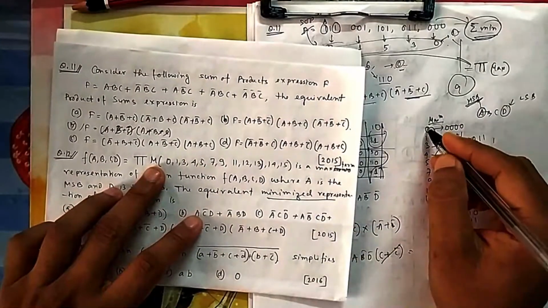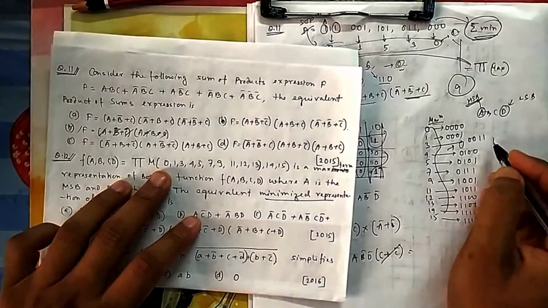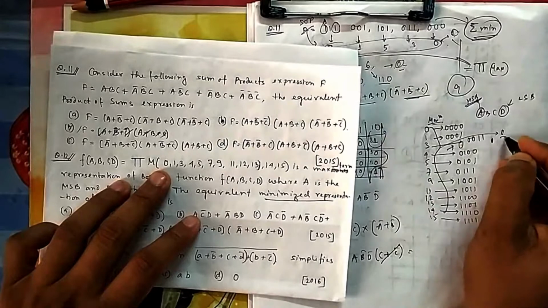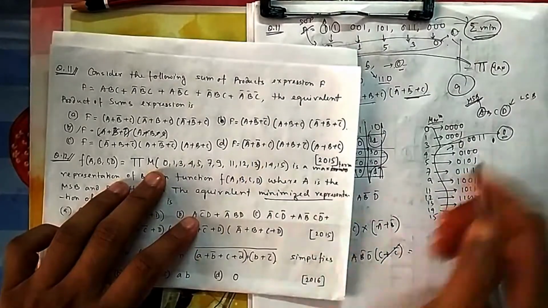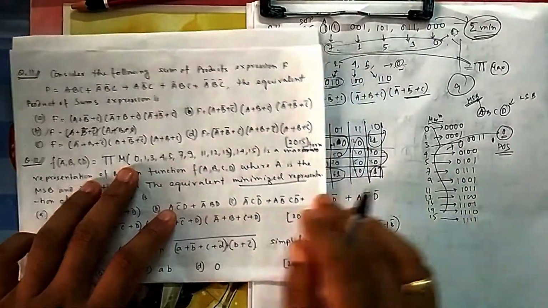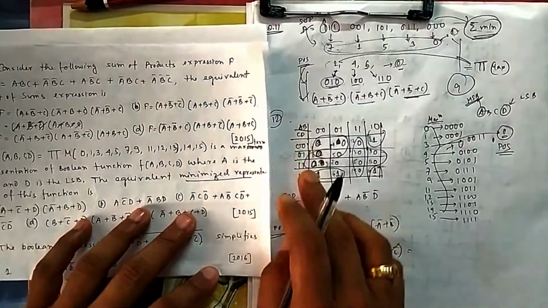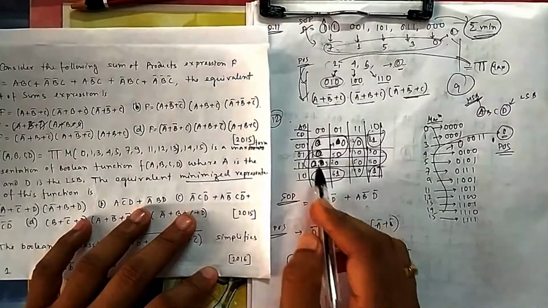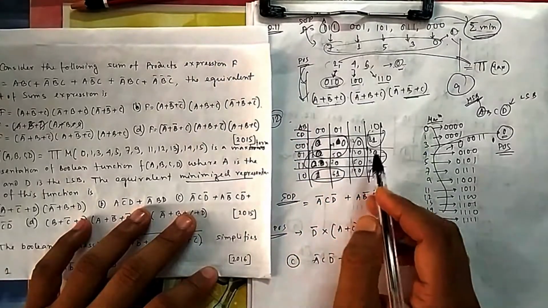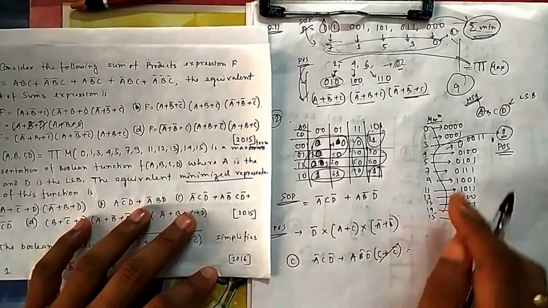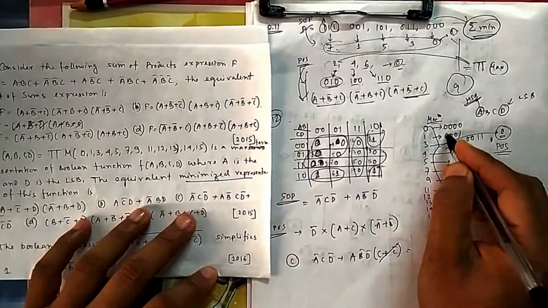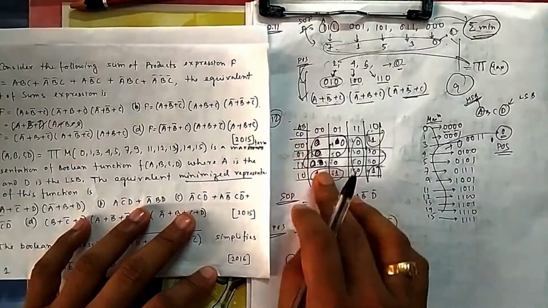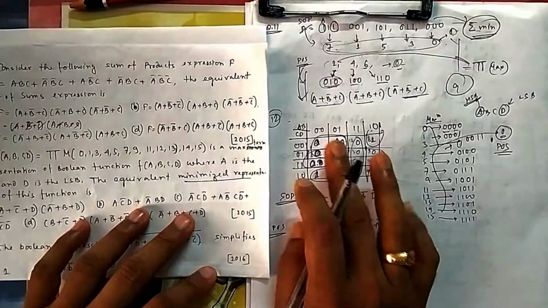So let me write all these positions, which positions are giving me zeros, because it is max. So all these positions give me 0, because it is POS. You remember this is POS, not SOP. So it is a 4 variable K-map. So you write 4 variables. You know the positions. If you write ABCD in positions 0 1 2 3 4 5 6 7 8 9 10 11 12 13 14 15, all these positions you mark there, or you convert it into the corresponding decimal and see 0 0 0 0, or you know which position is which, then you put it in that way as per your convenience.